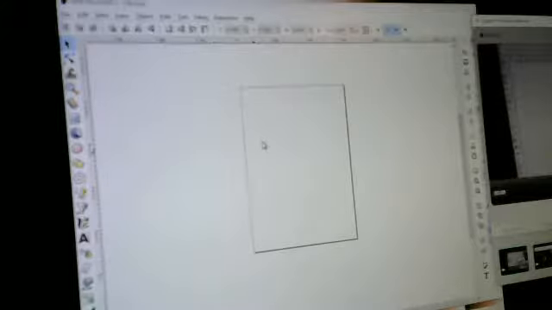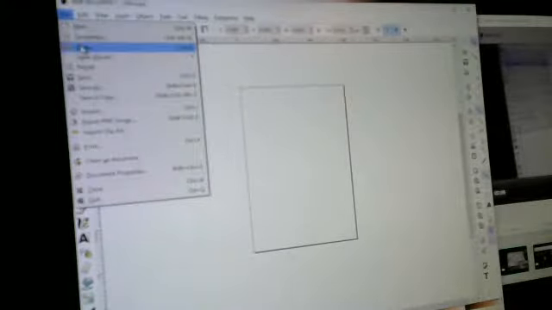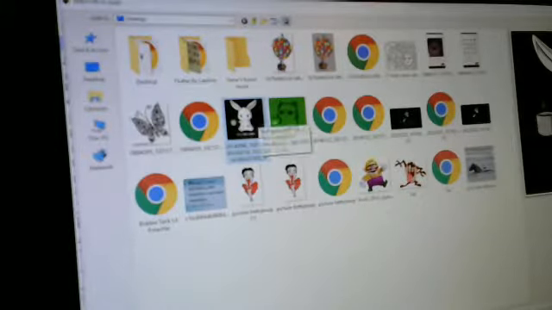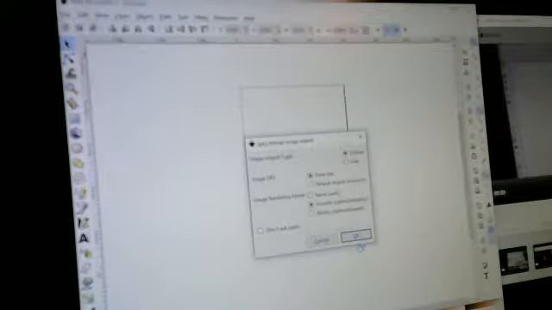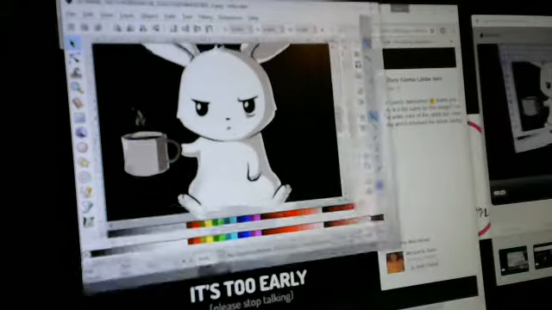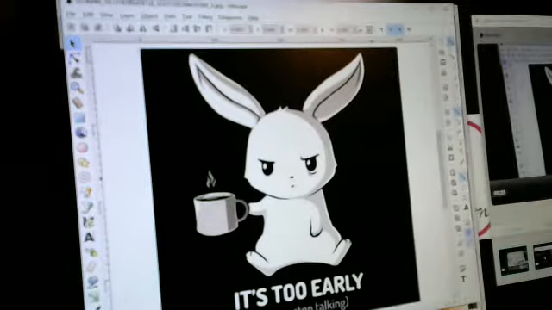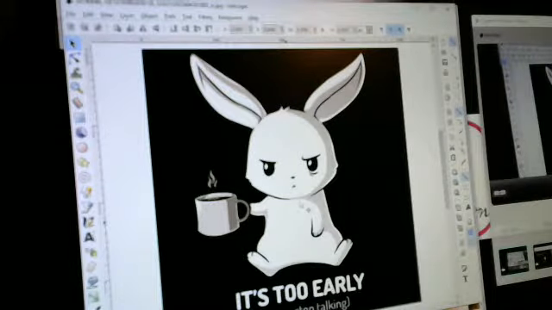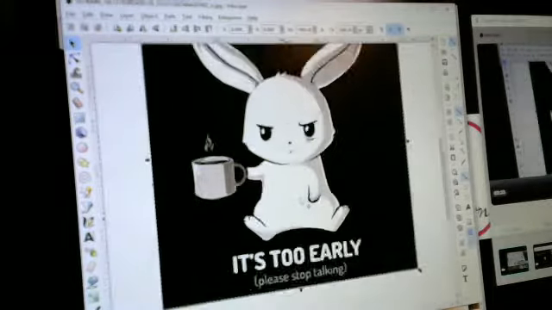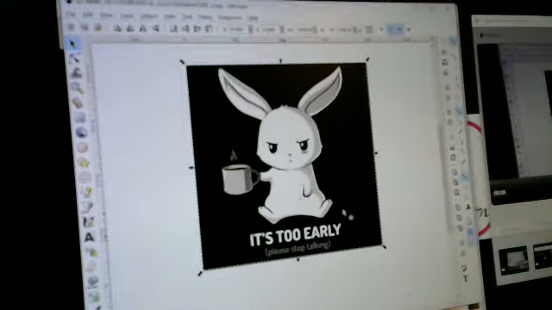Doing another tutorial. This time I'm doing it on another image for, I believe it was Clara. She had a bunny image that she was wanting to make into an SVG file. So I am going to attempt to do that right now, and see how it's going to work out. Okay, so